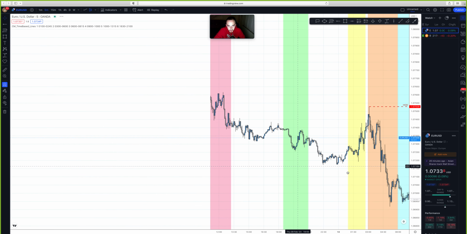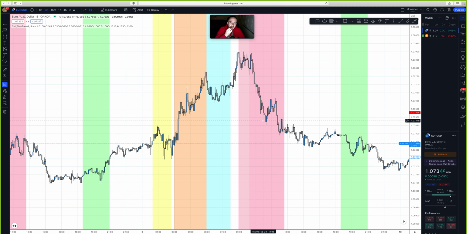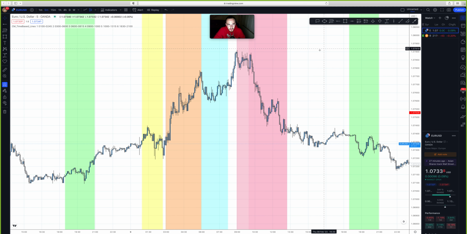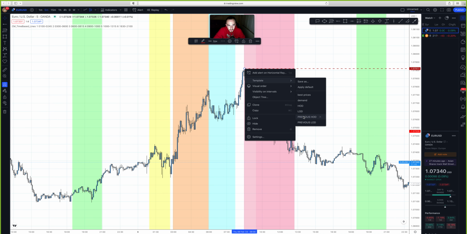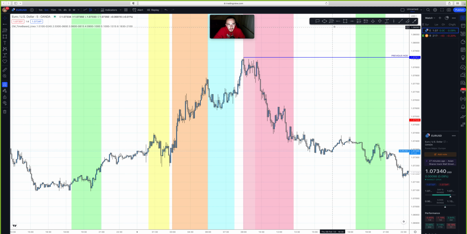And then the previous high and previous low of day is going to be two previous trading days from what we're trading. So if we're trading on Monday, it's going to be Thursday, two previous trading days. Friday was one, and then the second previous trading day is Thursday. So here we go, the previous high of day right here, previous low of day right here.